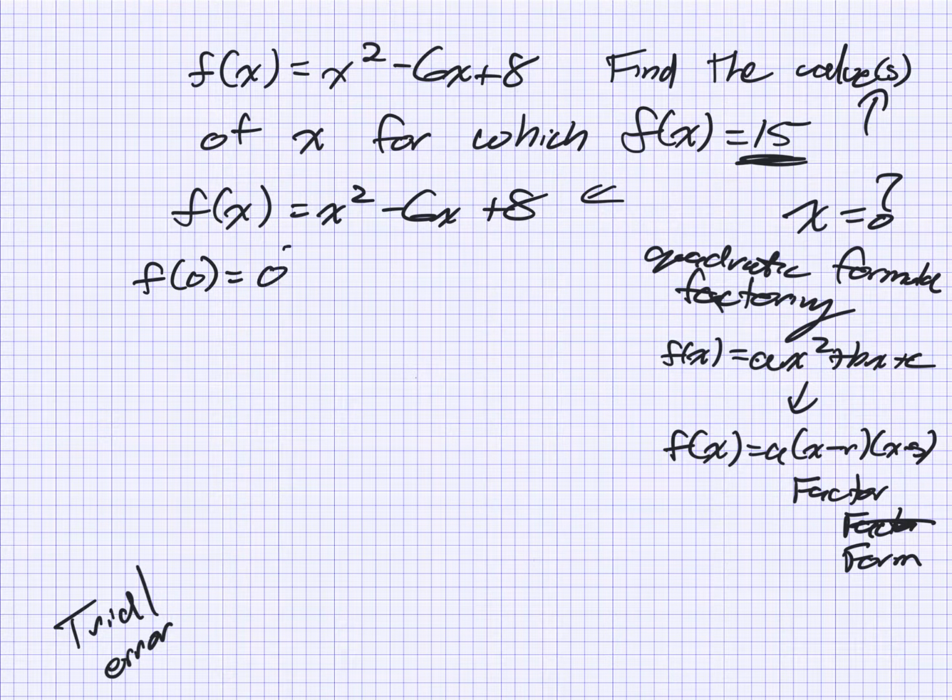Very quickly we know that's 0 squared minus 6 times 0 plus 8. All those zeros eliminate each other. We get the value of 8. Okay? Wait, if f of x is equal to 15, can't you just eliminate plus 8 by subtracting 8 from it and then just finding